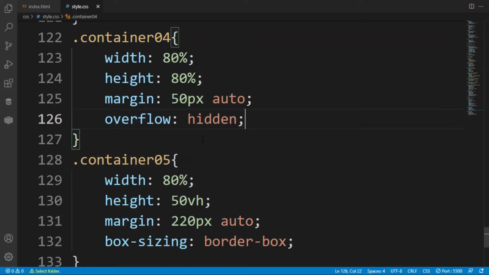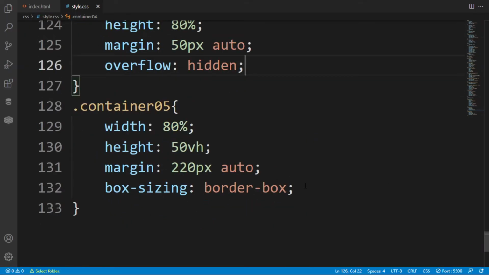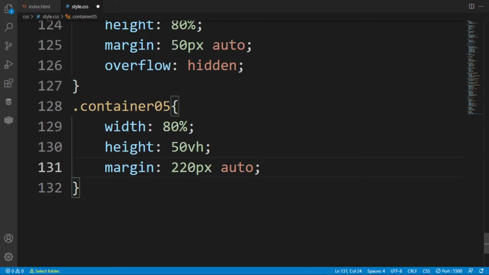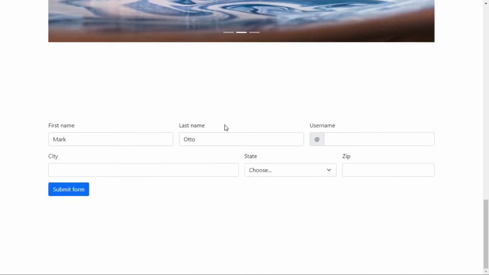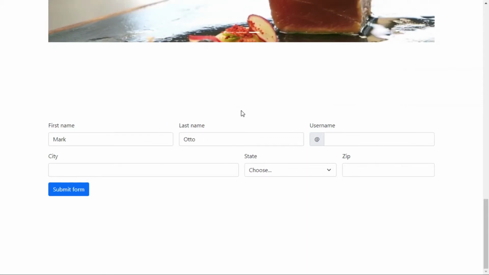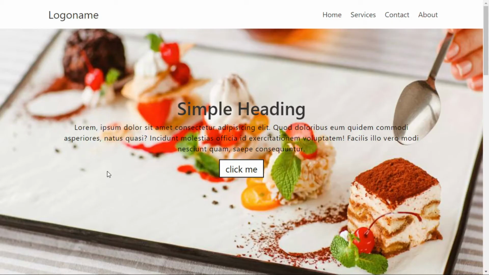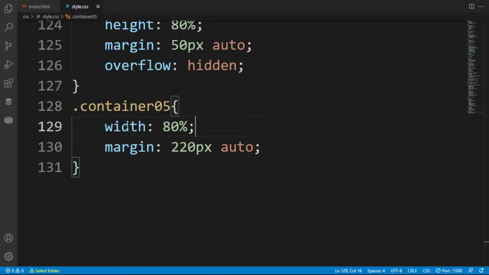But I don't want that, I want the border to be put at the form. So remove this thing here, remove the height also. As you can see, this is looking better than the previous. Now after submitting, it will align to this web page also.